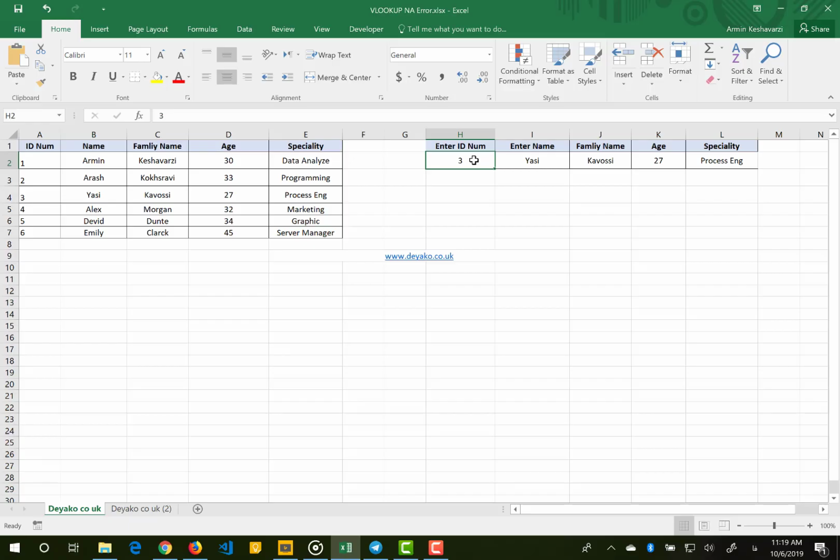Everyone, in this video we want to talk about the NA error in the VLOOKUP function. We talked about the VLOOKUP function in the previous videos, and we said that the VLOOKUP function will find the value in the first column of the table and return another value in the columns that we specify. For example, here the column 2, column 3, column 4 and column 5 of the person with the ID number 3,